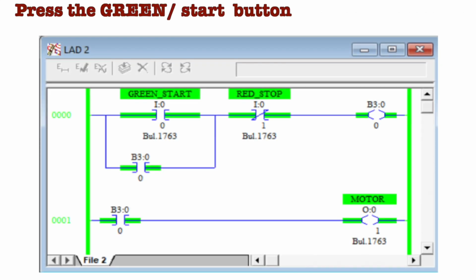Now how can we implement the push buttons or the start stop concept through ladder programming? You can see in the figure we have used two buttons. First, the green start button with a normally open switch with the addressing I:0/0, and the red button with a normally closed switch with the addressing I:0/1. And we have connected a binary bit